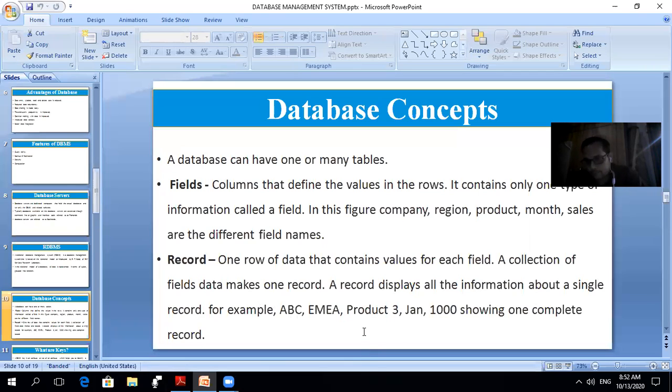Clear? Here table is not given. और suppose that a company, ये कॉलम था तो उसका नाम हो जाएगा ABC, रीजन EMEA, like this. So all these are having some values. So these all the values combined together to make a record. जब एक सब मिल जाएंगे तो ये क्या मिलेगा? एक चीज का